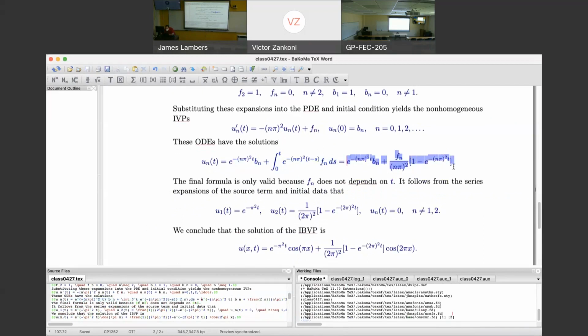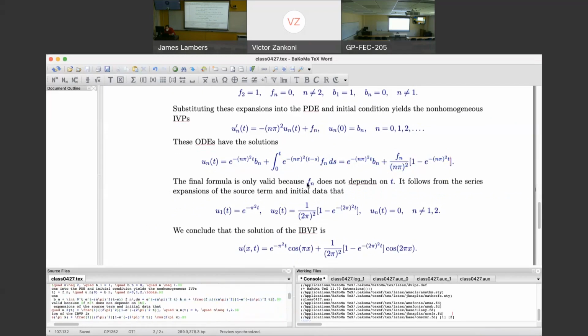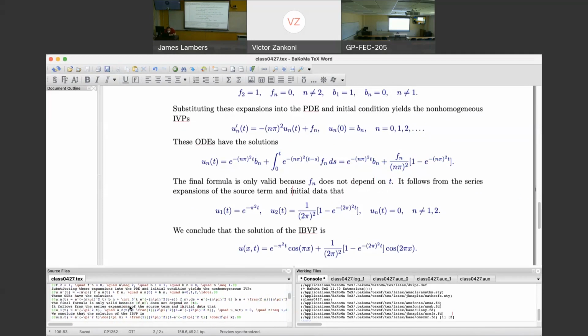This simplification is valid when Fn is a constant, not dependent on time. Actually, it's really because